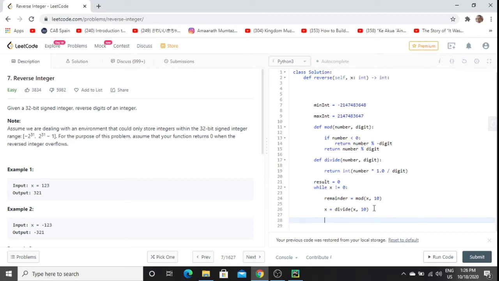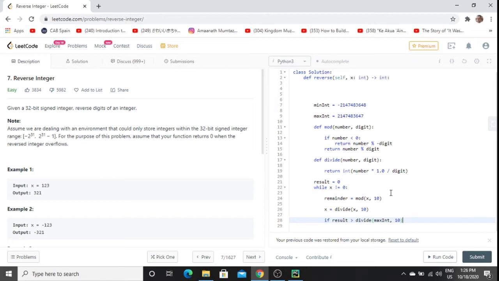So the next thing we have to consider is this overflow, because that's very important for this question, because we don't want it to overflow when it's negative numbers. So how do we do that? We'll have to create conditions for this. So we'd say if result is greater than, we use the divide function, and we have our max int. That is the condition where it shouldn't exceed,